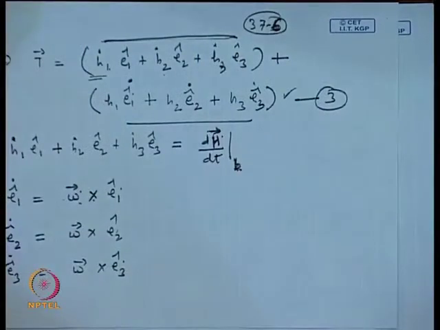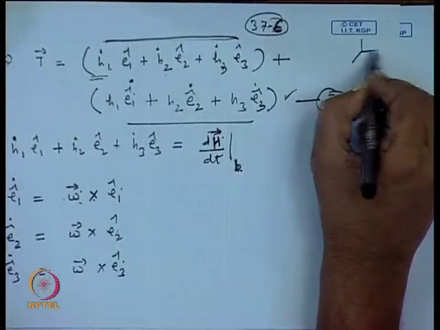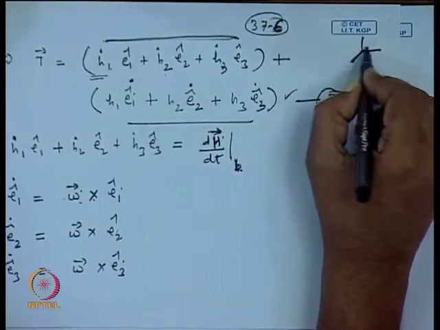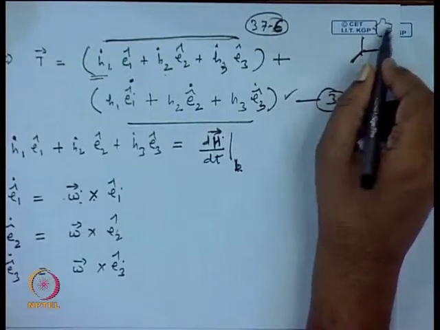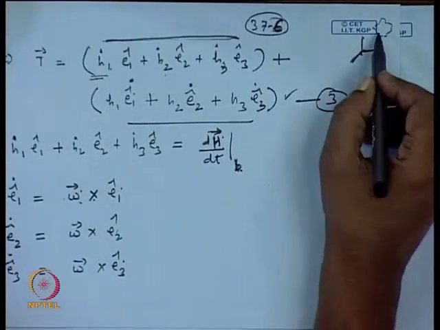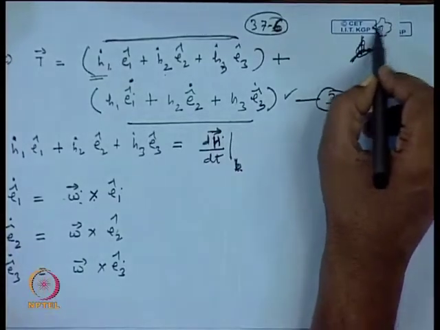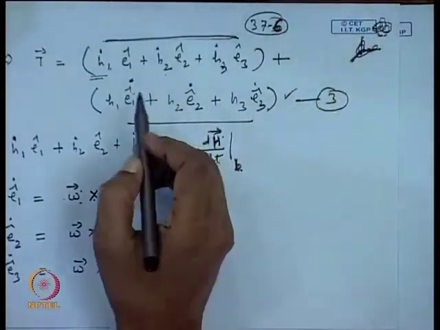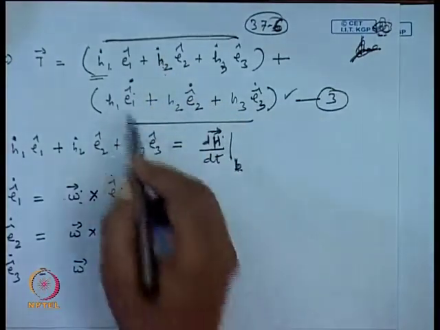In the inertial axes, the moment of inertia of the body, because we are defining the moment of inertia with respect to the 3 axes, and if the body orientation is changing, then with respect to these axes the moment of inertia will change. So, whichever point you choose, the moment of inertia of the body changes. So, we need to fix the body axes in the rigid body. So, once we fix it,